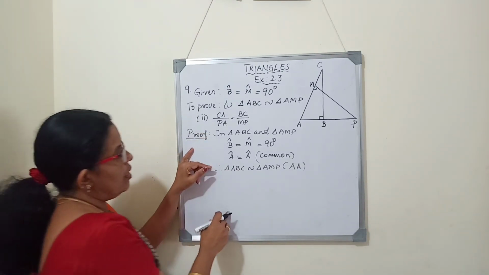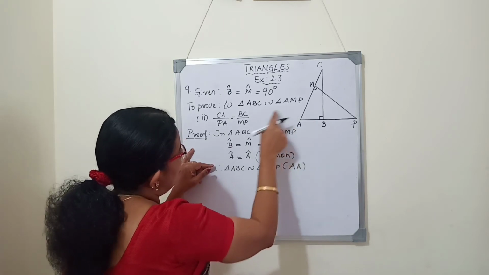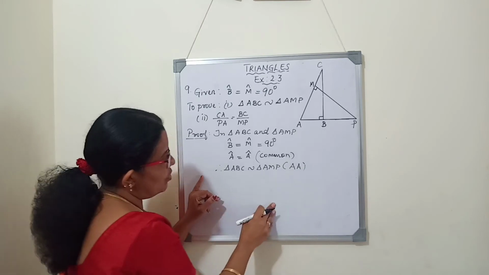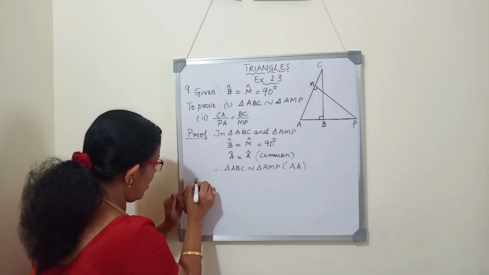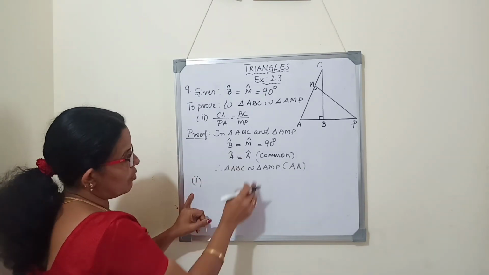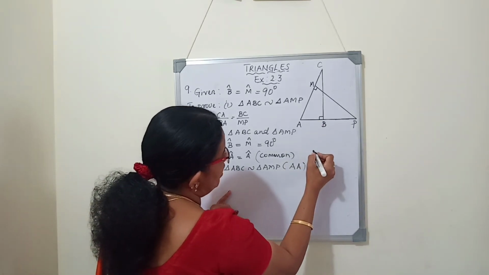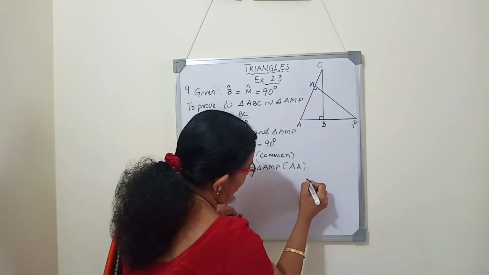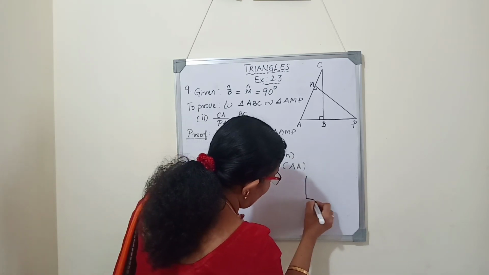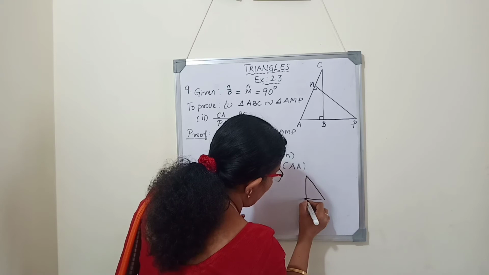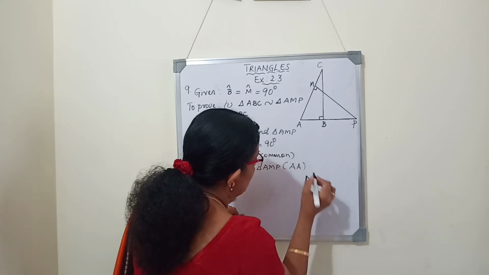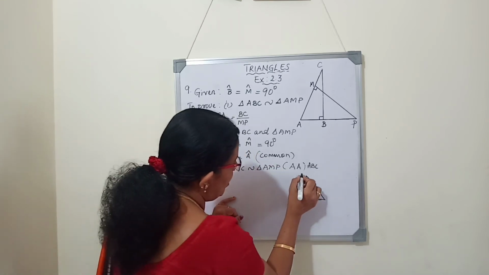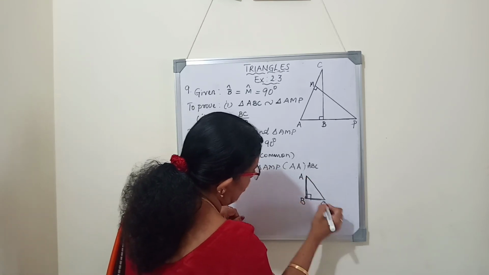Here, it is not that easy to write the ratios by looking at this diagram. So we will separate the triangles. While separating, for proving the second part, it's a very important question, a repeated question. So here I'll draw two triangles and both the triangles are right angle triangles. So you have to draw two right angle triangles, that means one angle is 90 degrees. So this is triangle ABC, in which angle B is 90. I'll write A, B, C.